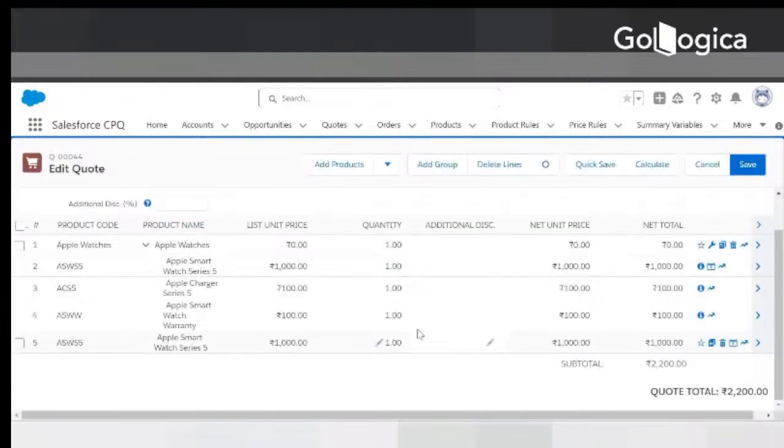Okay. So now over here, we will see that this is my standalone product. If I change the quantity to 15, my price should update. Now I have the same product as an option for this one. Over here also,